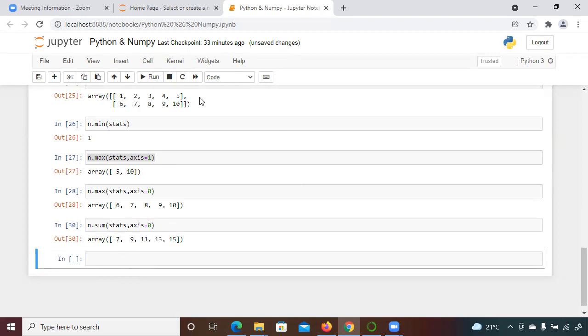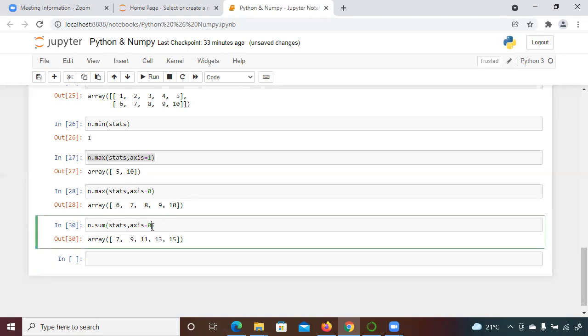It will consider the first row and second row, so element wise it is adding. So 1 and 6 is 7, 2 and 7 is 9, 3 and 8 is 11, 4 and 9 is 13, 5 and 10 is 15, like that.